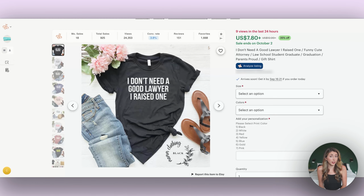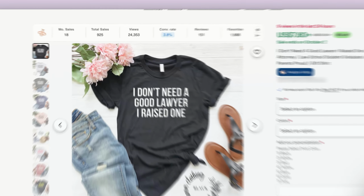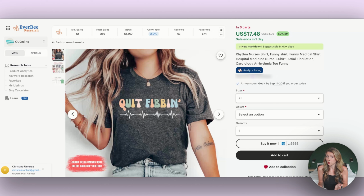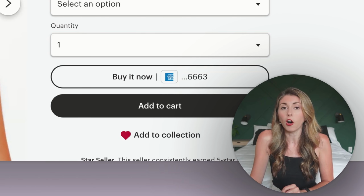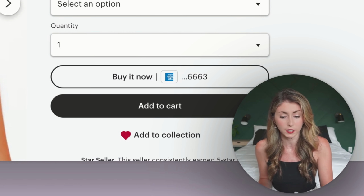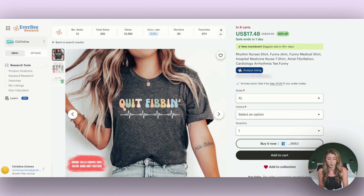We have this one here, a lawyer mom shirt. I don't need a good lawyer, I raised one. Very simple to create, very hard to be creative and be the first to come up with this text and put it on a t-shirt. We have this one here, and in fact, there are so many stores out there that are just text-based designs. In fact, one of the most popular ones, Ikerson Ltd, if you take a look at their store, it is all text-based designs. They have maybe 3 or 4 different templates, including this one here using this color combination,